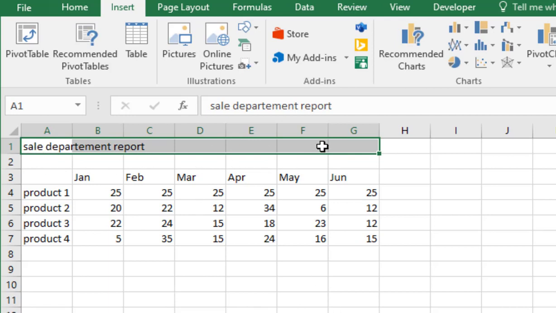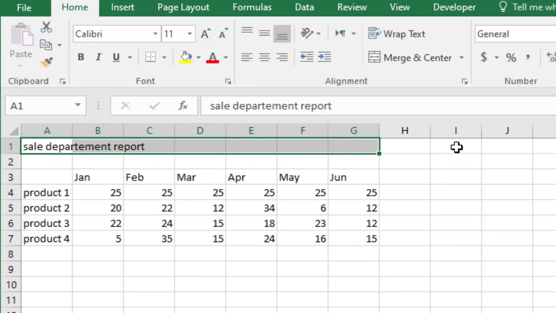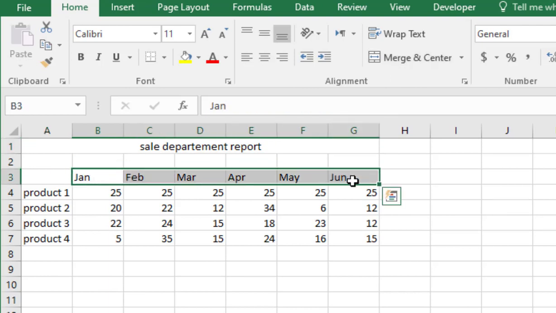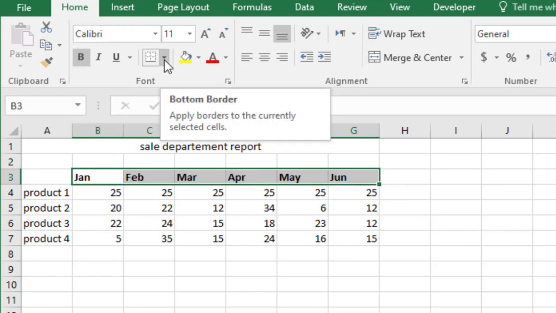I want to center this across my report. So highlight the range, go to Home and merge these cells. When you click it, it automatically merges and centers the cell. We can make these bold. First highlight and click on bold. And while we are here, let's